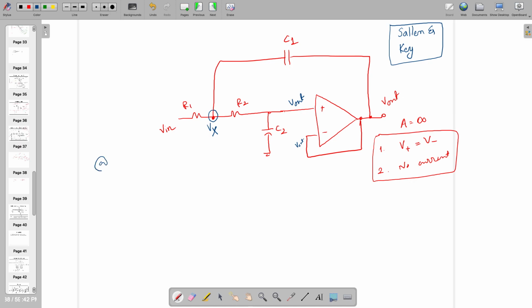At Vx, can you write down the KCL and tell me what is happening? All the currents which are outgoing are what need to be taken care of. Now tell me. Vx minus Vin divided by R1 plus Vx minus Vout divided by R2 plus Vx minus Vout divided by 1 by C1s equal to 0. Right? Now you need to find out